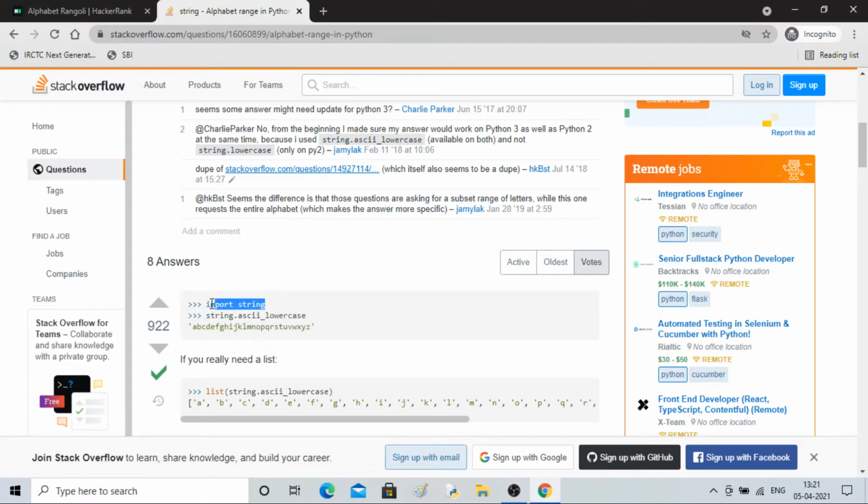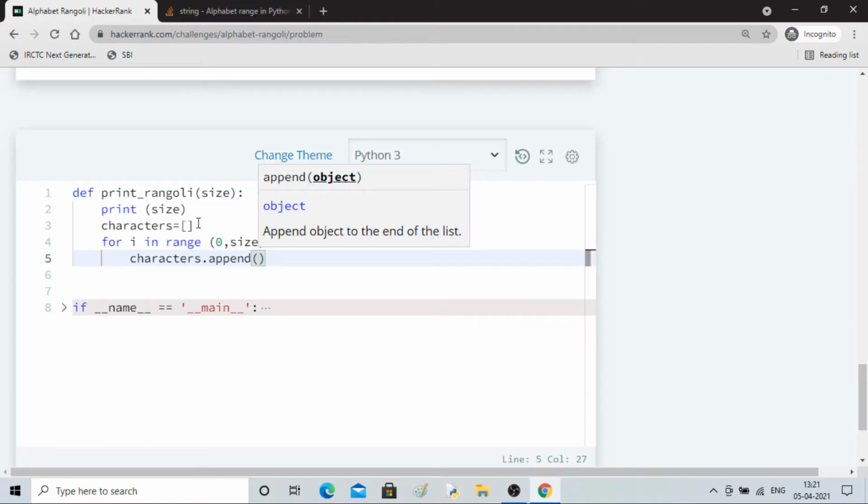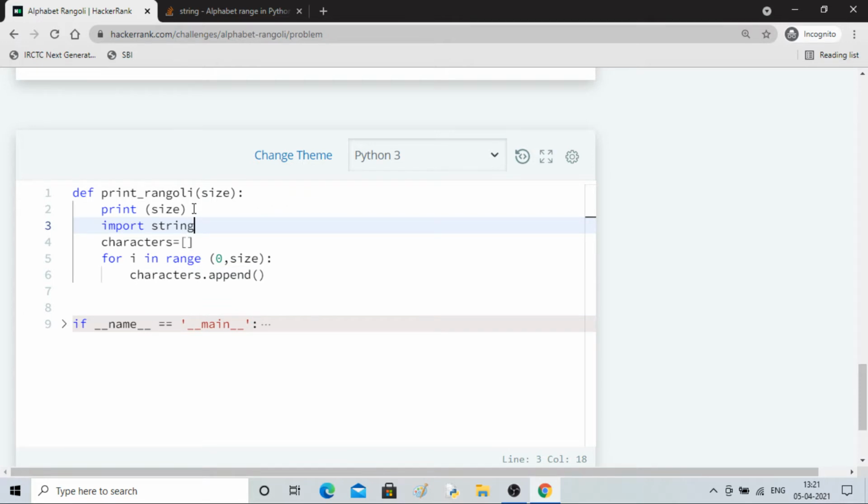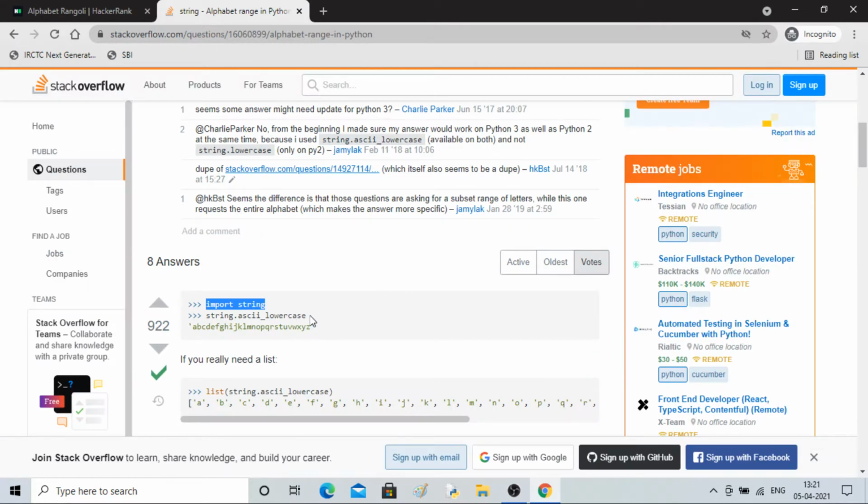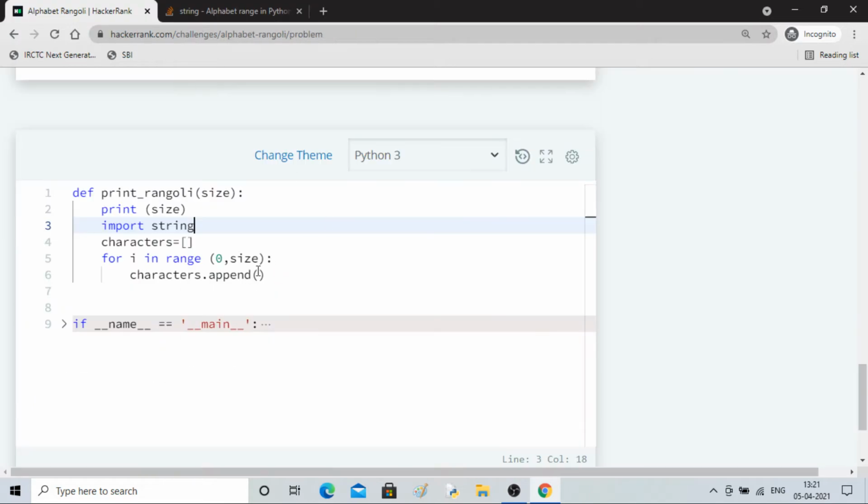So I'll take the library and paste it here so that I can import, and I'll write string dot ascii_lowercase, and I'll do bracket i. So we want the ith position variables, so it will give lowercase values and keep on appending them.